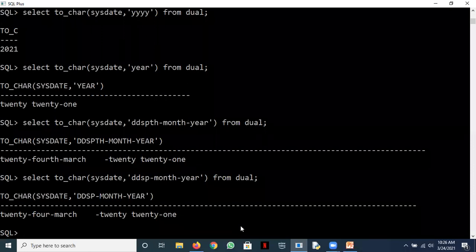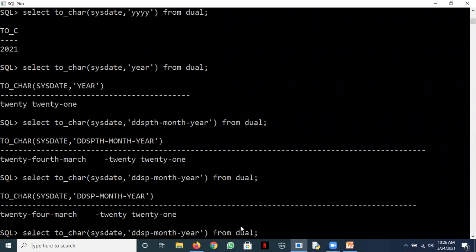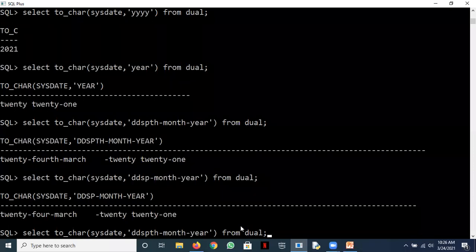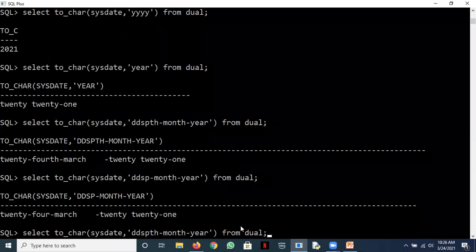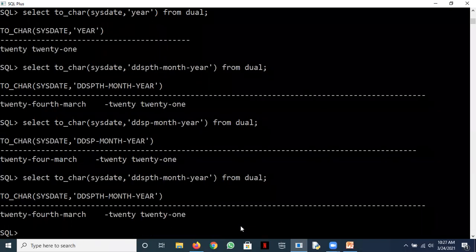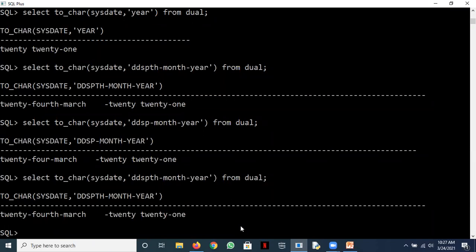So it is 24 March. Okay. DDSP is 24 March. It will spell it in English. If you want 24th, 23rd, if you want to add these, you can use this TH part. Okay. So we say 24 TH, 24th. If the date is 23, it will say 23RD. It will pick up accordingly. But the picture is TH. See this, 24th March.